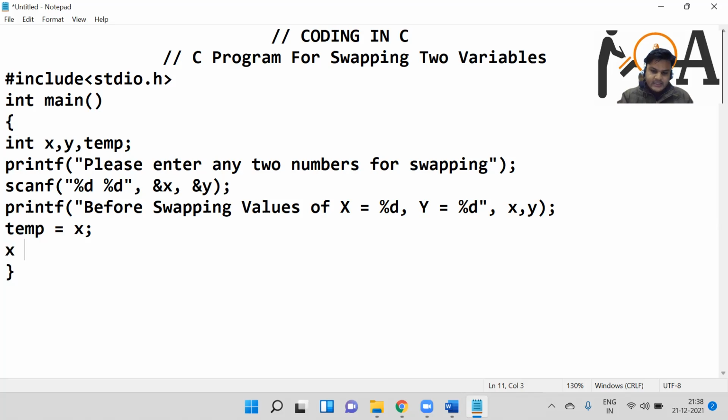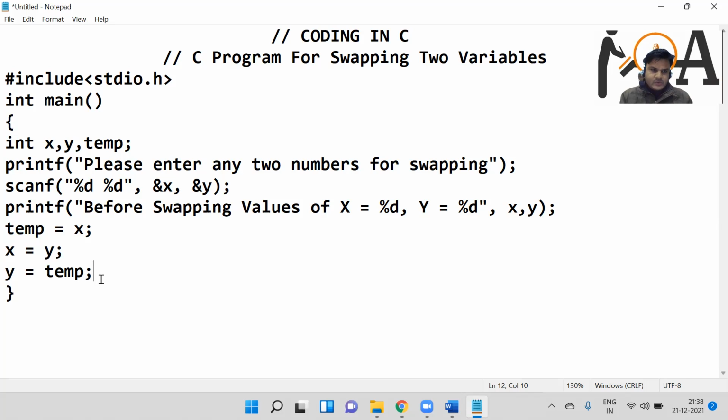Thereafter we are assigning the value of y to x, right? So right now x has the value of y and temp has the value of x. Thereafter y is going to have the value of temp. So basically temp was having the value of x, that is going to be assigned to y, and the value of y is assigned to x.